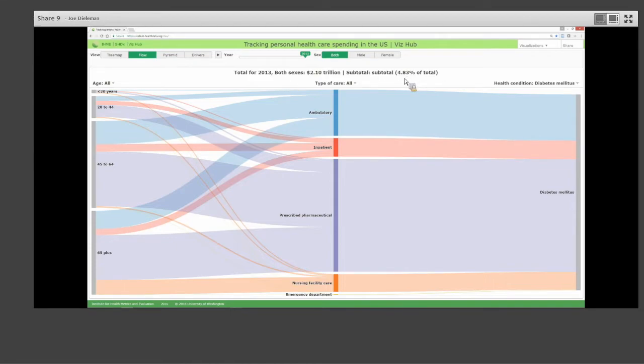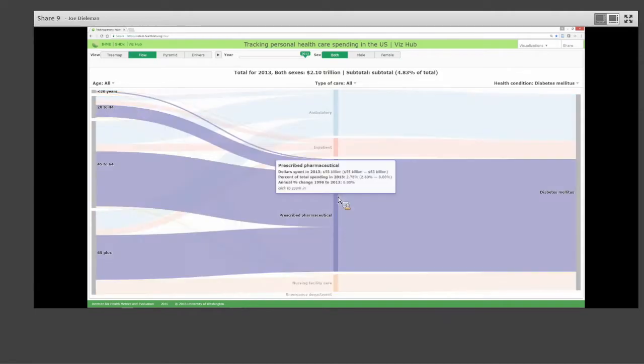And we can see here that a major piece of that spending in 2013 is on pharmaceutical spending, with an estimated $58 billion of spending just on diabetes, just through pharmaceuticals. And as far as the age groups go, you can see that the largest age category here is 45 to 64 years old. Now, this is interesting because we can roll back the clock and look at